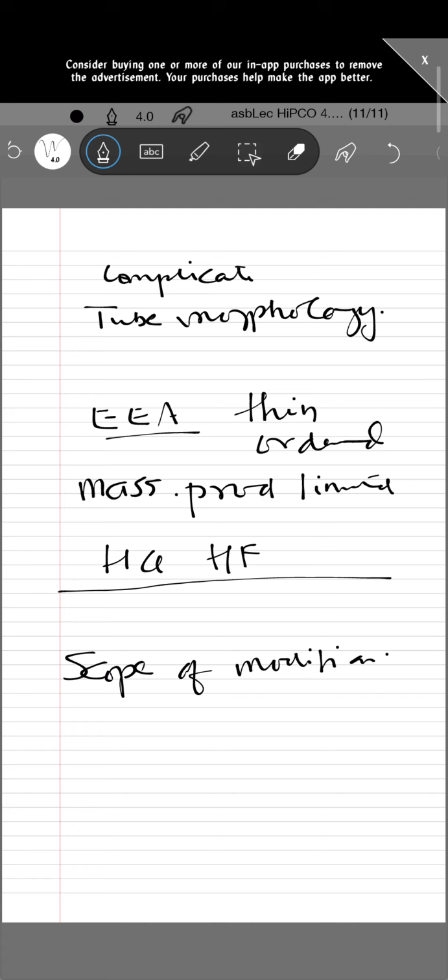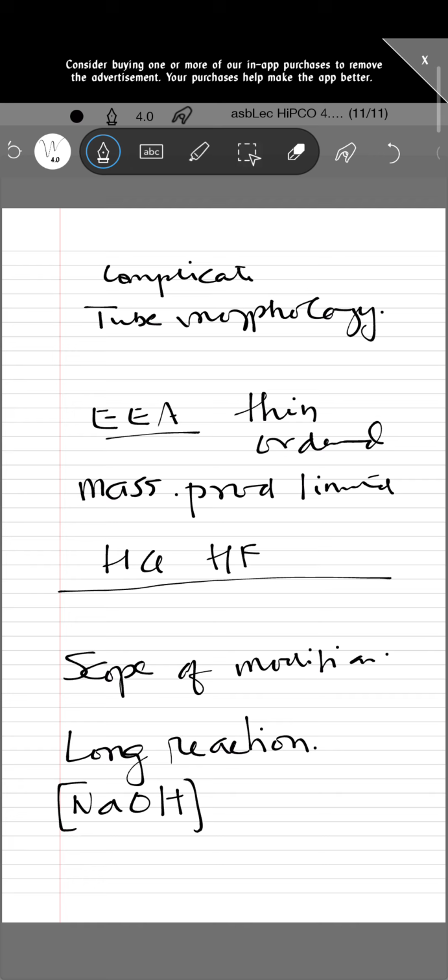One of the disadvantages that this hydrothermal treatment has is it takes a lot of time. So the long reaction duration is one of the disadvantages in hydrothermal processes, and you require a little high concentration of the material. Like if you are using NaOH, the concentration of NaOH in hydrothermal synthesis is also high,